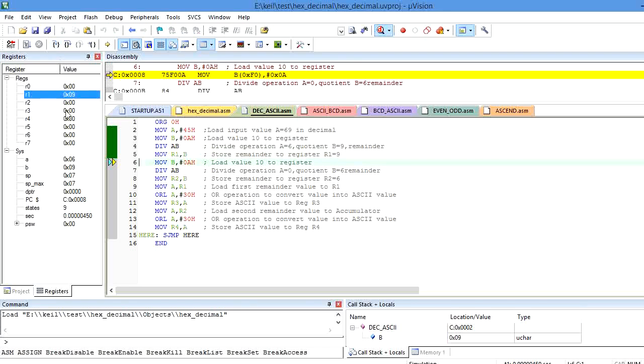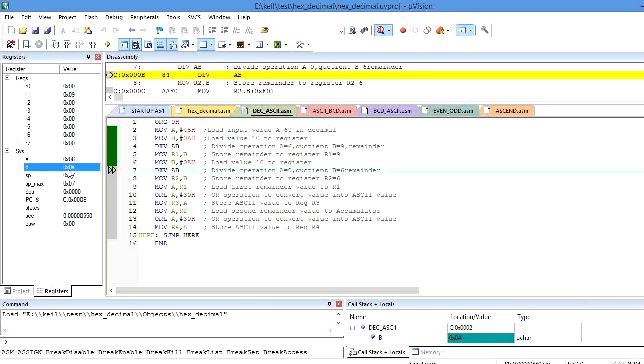Next, the next digit I want to process is 6. So I need to perform the divide operation by 10 here. In order to perform the divide operation by 10, again I copy move B, #0AH. Now B is 0AH. Again I perform the divide operation, where A contains the quotient and B contains the remainder.